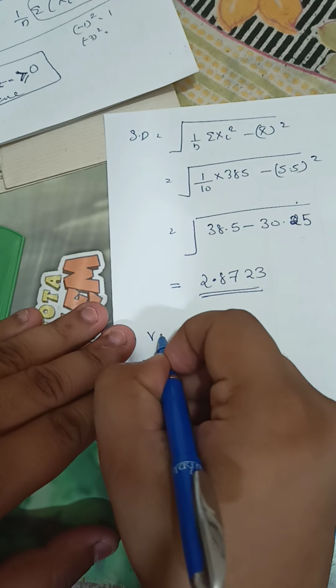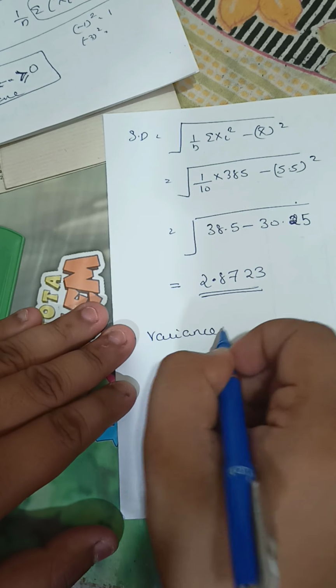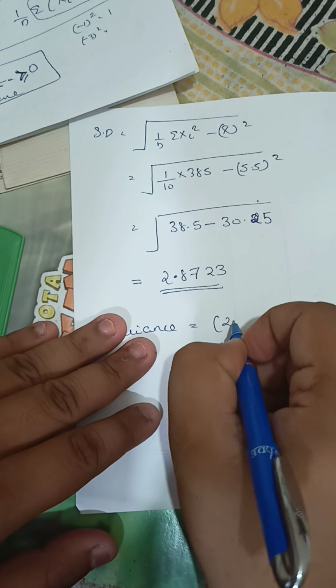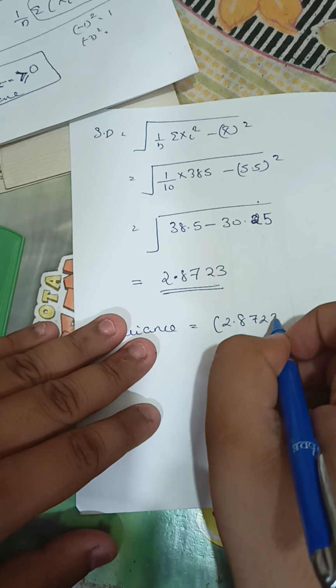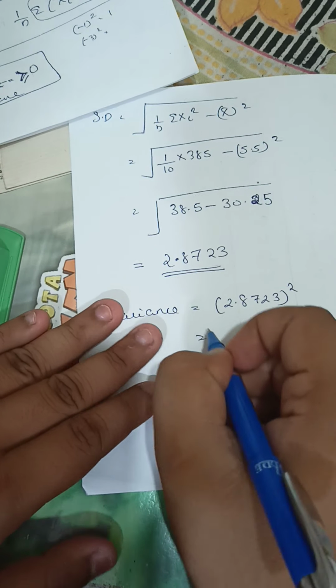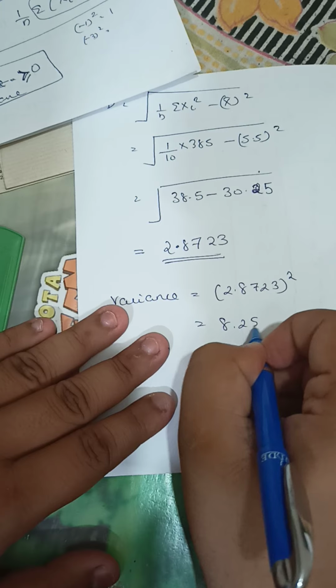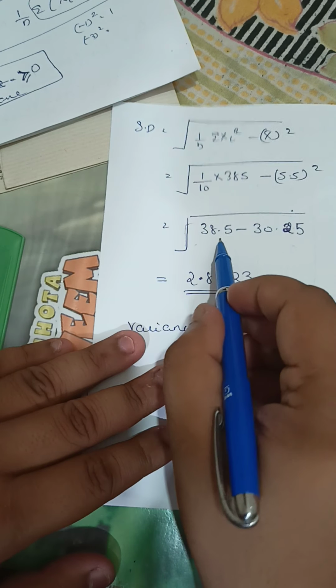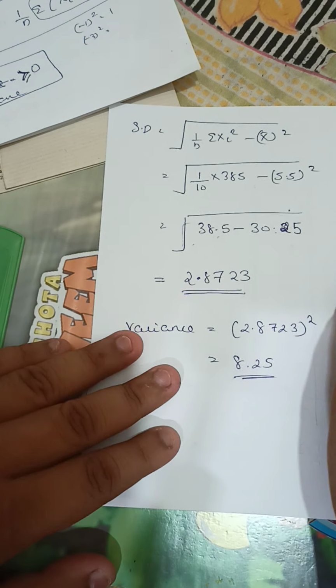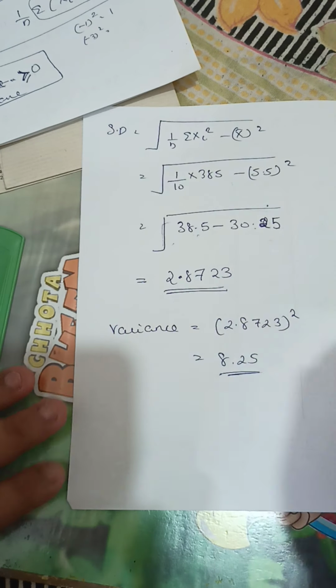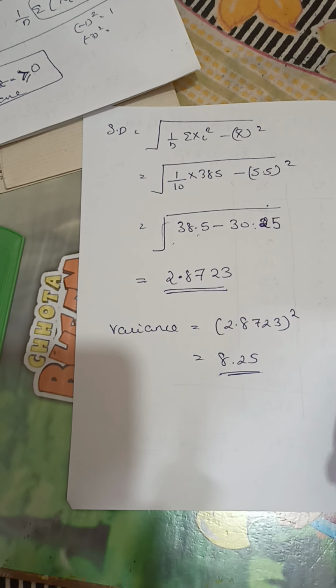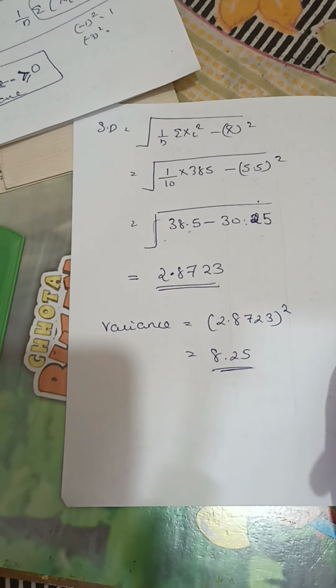2.8723. വേരിയൻസ് എന്തായിരിക്കും? ഇതിൻ്റെ സ്ക്വയർ ആയിരിക്കും. 2.8723ൻ്റെ സ്ക്വയർ ആയിരിക്കും 8.25. അല്ലെങ്കിൽ ഈ സാധനം വേണ്ട, 38.5 മൈനസ് 30.25 കാൽക്കുലേറ്റ് ചെയ്താൽ മതി. ഇതായിരിക്കും വേരിയൻസ്. ജസ്റ്റ് മൈനസ് ചെയ്താൽ മതി. അതാണ് വേരിയൻസ്. So we have defined